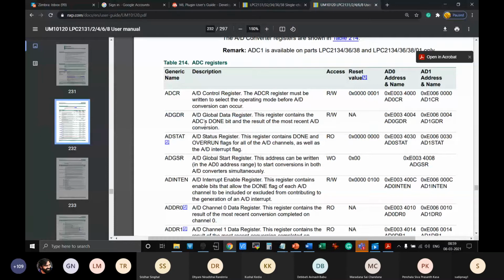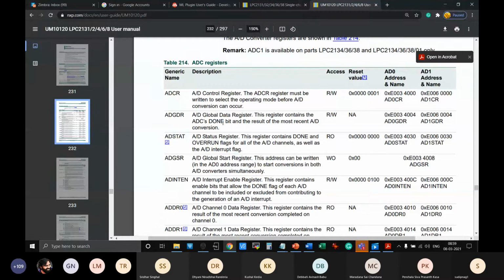Along with that, it indicates which ADC has finished, or which channel of the ADC has finished converting the data, because conversion takes certain time. You have seen 2.44 microsecond typically, and that is basically the fastest conversion speed. Once the conversion is done, for which multiplexer channel it is done gets updated in this register.